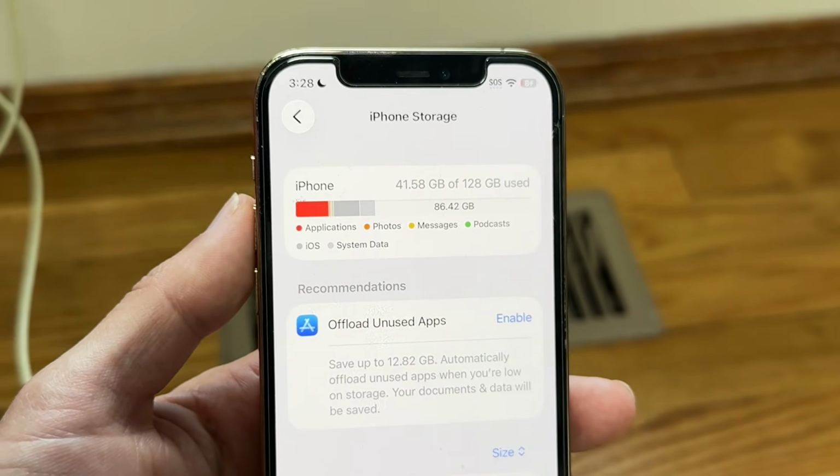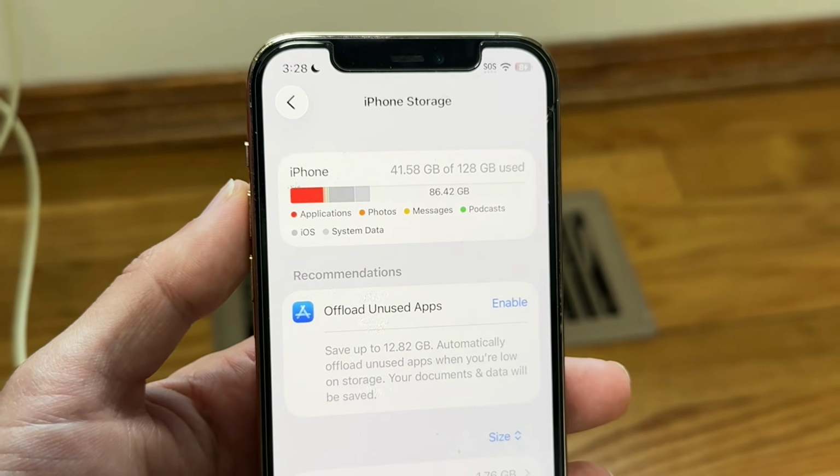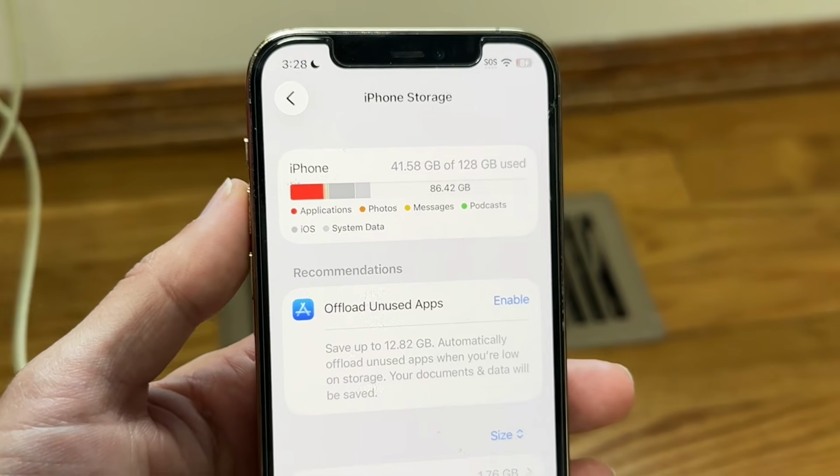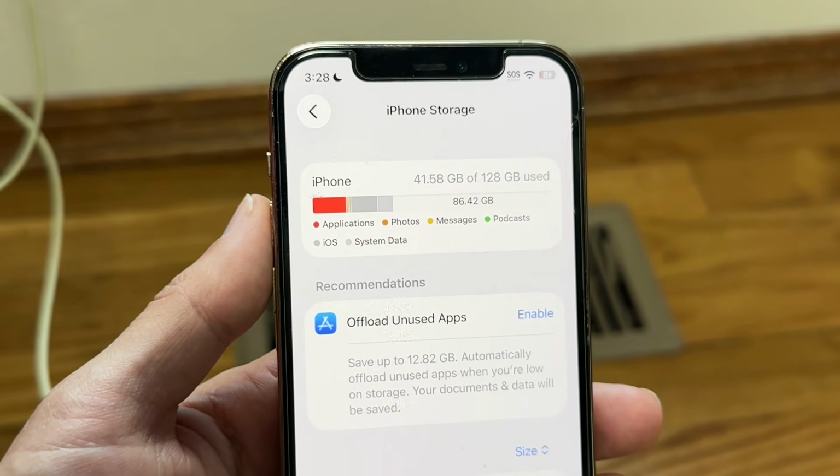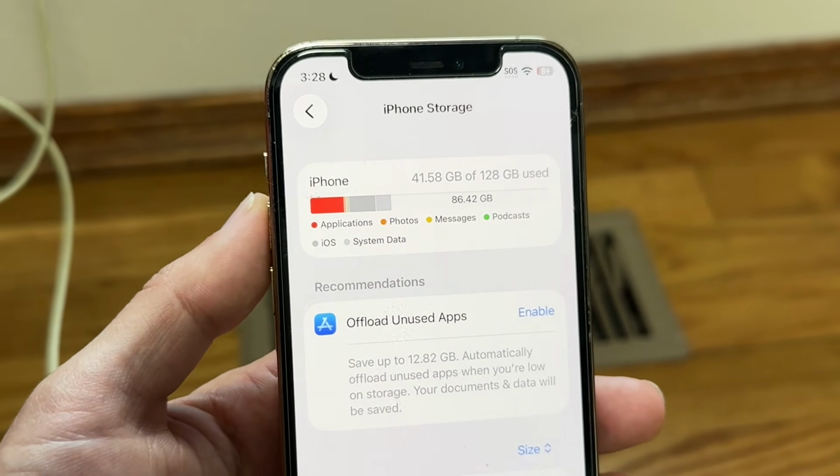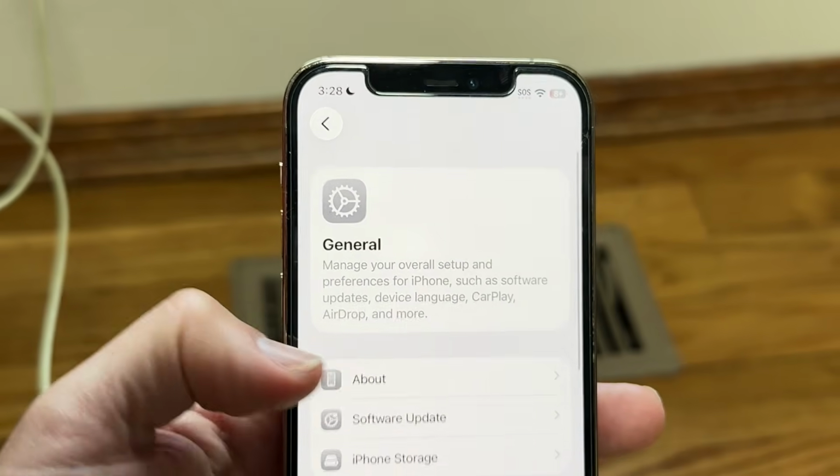So just go through, just make sure you don't have any sort of storage issues within your iPhone, because if you do, well, then that's going to cause some issues for you. So this is kind of the starting point. Now, if that doesn't end up fixing the problem,